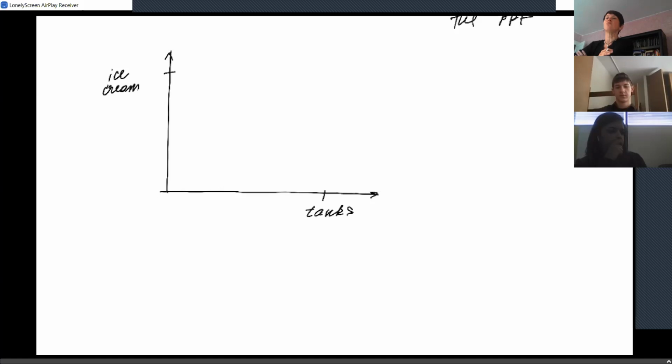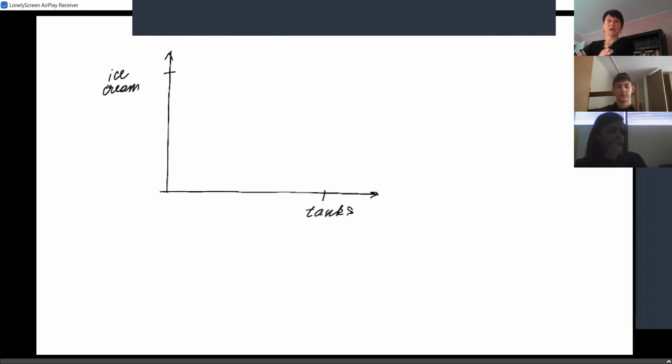I mean, you can't find more different goods. Ice cream is completely peaceful, right? The smell of our childhood, ice cream, good things. So curved PPF, okay? Given how drastically different these two goods are, imagine that this PPF represents an economy, because goods that are being produced sometimes are close to each other, not necessarily identical, but mostly all the goods are different. So this is a PPF that represents